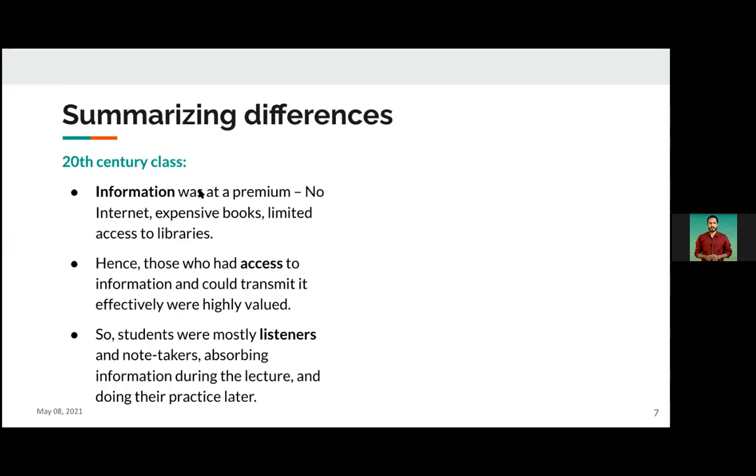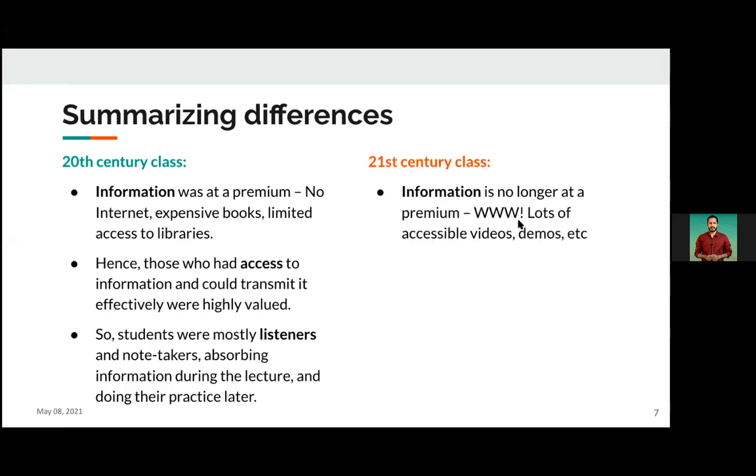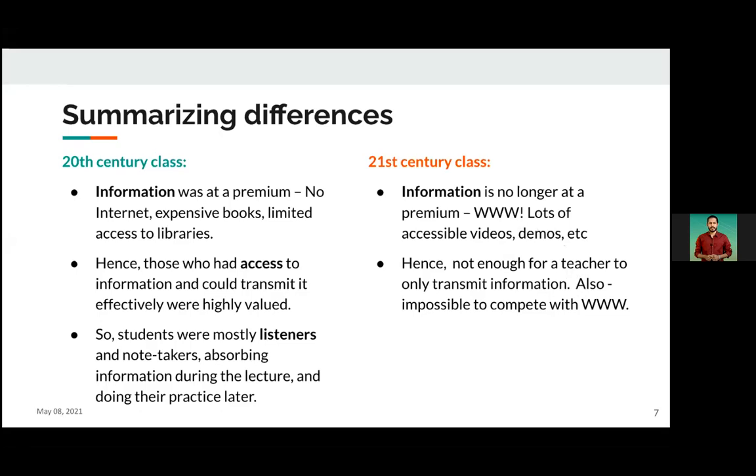Now, as most of you have said, what happened in the 21st century is that information is no longer at a premium. There is an introduction to WWW, that is Internet, World Wide Web. So there are a lot of accessible videos and demonstration resources, right? Hence, it's not enough for the teacher to only transmit the information.